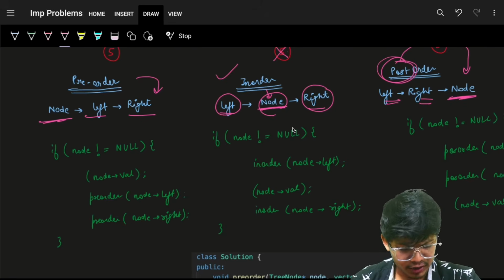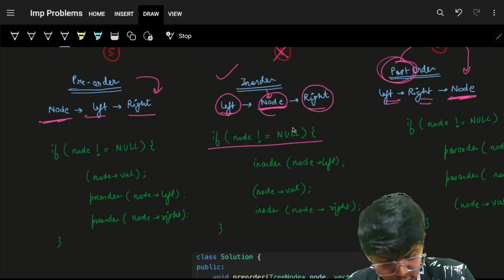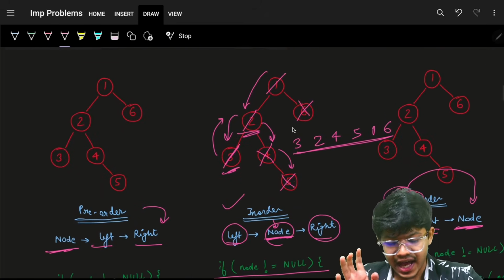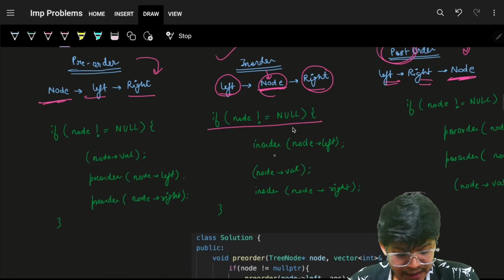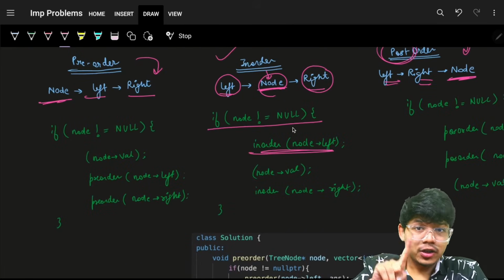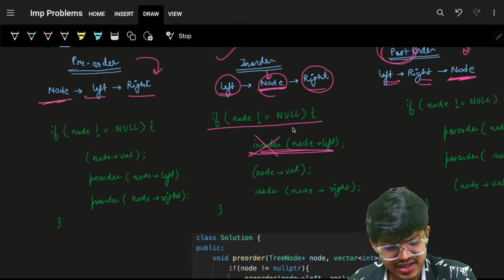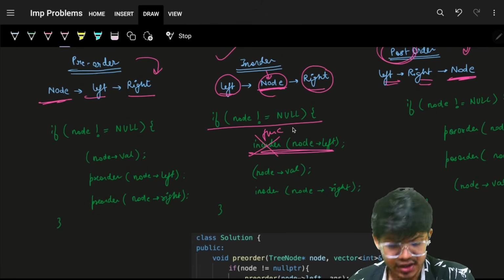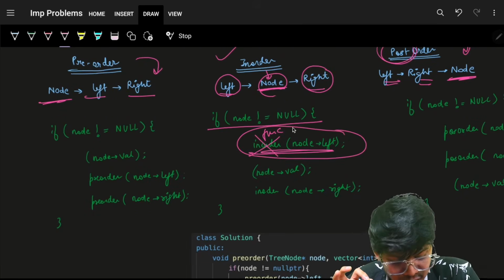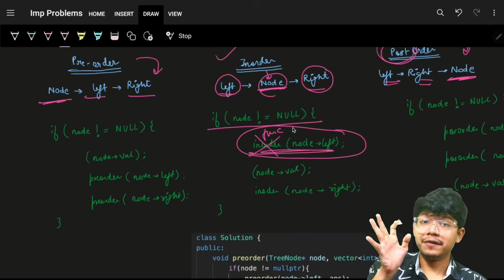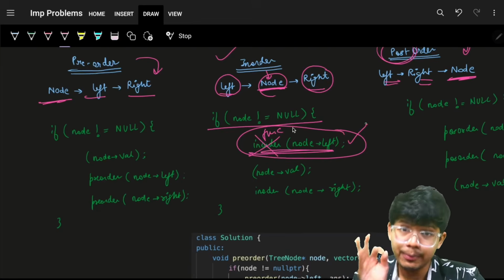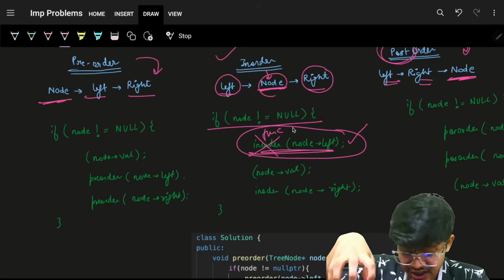Let's see what we will take. But right now you will see that if the node is not equal to null, as far as you can go to a node, you will keep on going to a node. Firstly, just forget and remember this as a function. It's a function where in the recursion you are saying, recursion bro, please keep on going to the left, keep on going to the left. So recursion will keep on going to the left. As soon as it has reached the extreme left,